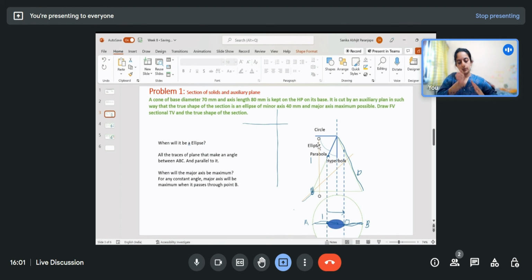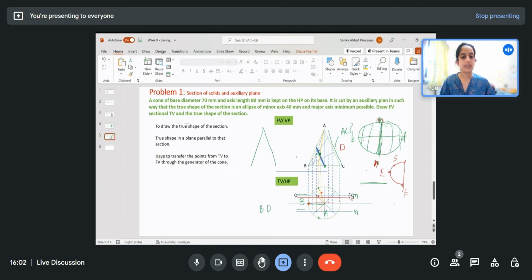So now, how are we looking? This is the cone and this is the plane. Now, rotate it. This was my cone and this is the plane. So in top view, I will see again a line. Right now, this plane will be seen as a line here, right? This plane which is perpendicular to HP, parallel to the axis of the cone, will look like this here and it will trace a parabola. Now rotate it like this. So what will I see? This plane will be visible somewhere like this, and we'll see a hyperbola wherever it intersects the cone. So here, this line MN,